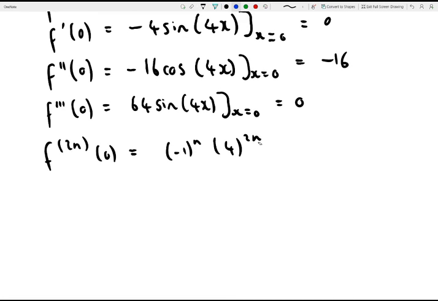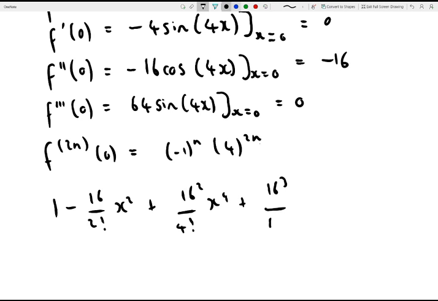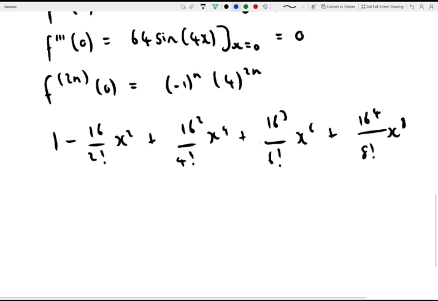So the Taylor expansion of cos of 4x is going to be 1 minus 16 over 2 factorial x squared plus 16 squared over 4 factorial x to the 4 plus 16 cubed divided by 6 factorial times x to the 6 plus 16 to the 4 divided by 8 factorial multiplied by x to the 8, and they're just the first 5 terms, so we stop there. And simplifying all of these factorials, we'll get that